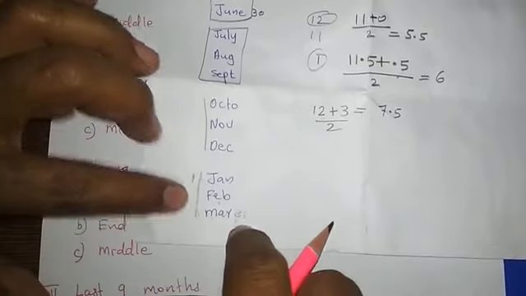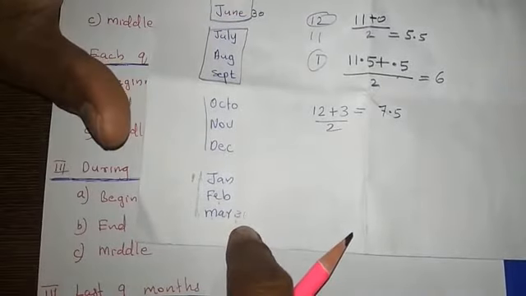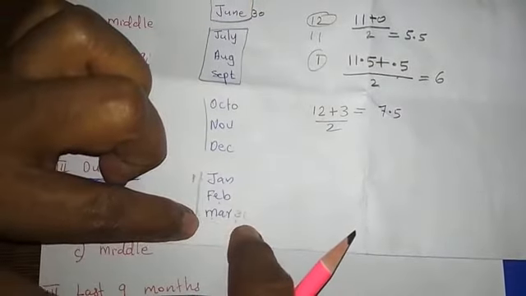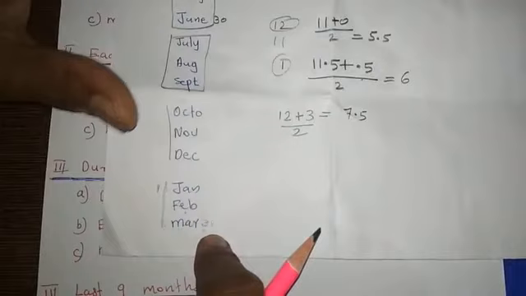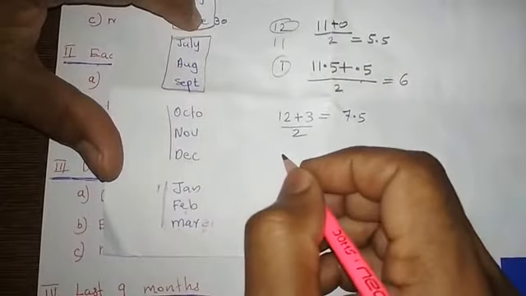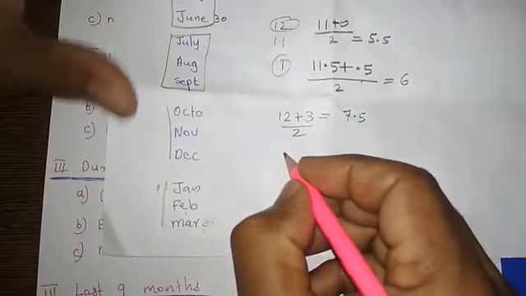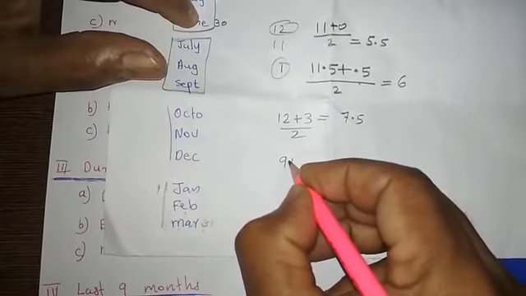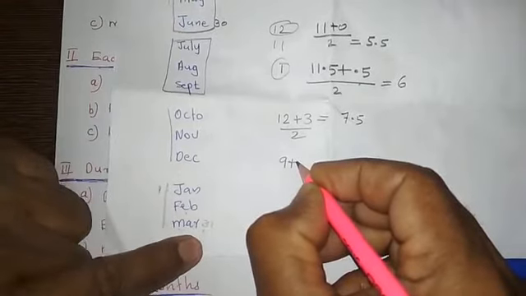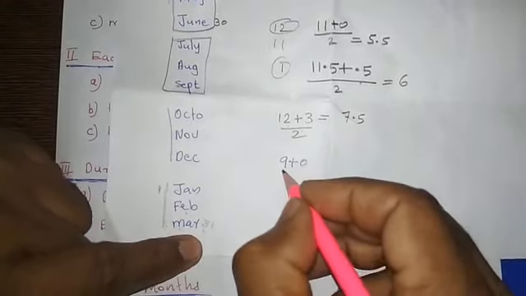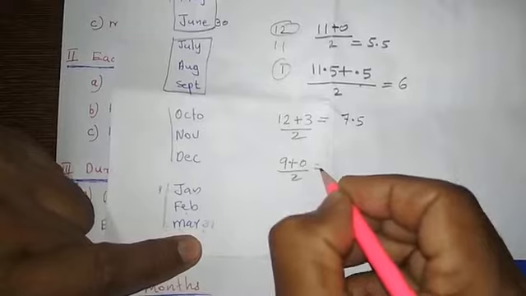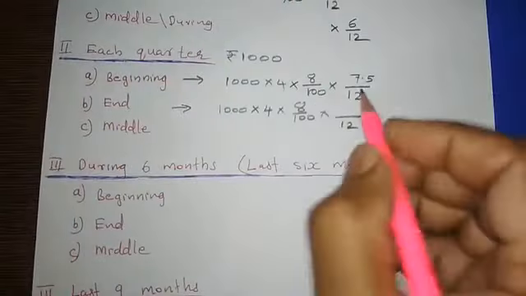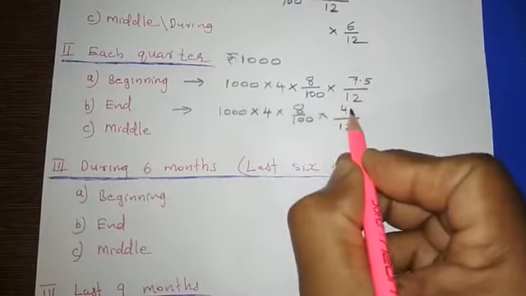Okay, the first drawing is made on June 30, and the last drawing will be March 31. Now, when the drawing is made on June 30, how many months are remaining? Already 3 months are over, so 9 months are remaining, plus here it is the last day, that is why 0 will be the remaining months. So 9 plus 0 divided by 2, how much is coming? 4.5. So here we can take 4.5.